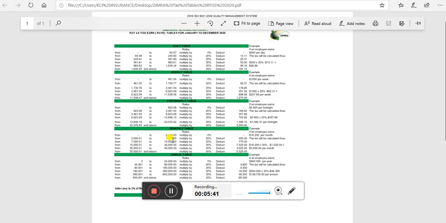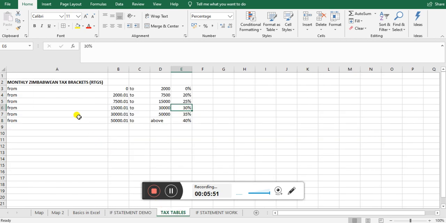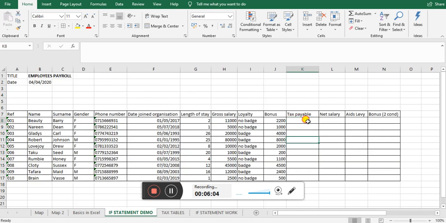From 7.5 to 15,000, then they're going to be charged 25% tax, and so on. I've just summarized this, the particular part that we want to use, the monthly ones. I've summarized it in our sheet here. So carrying on with our Excel formula, if you want to start with lesser values going to the